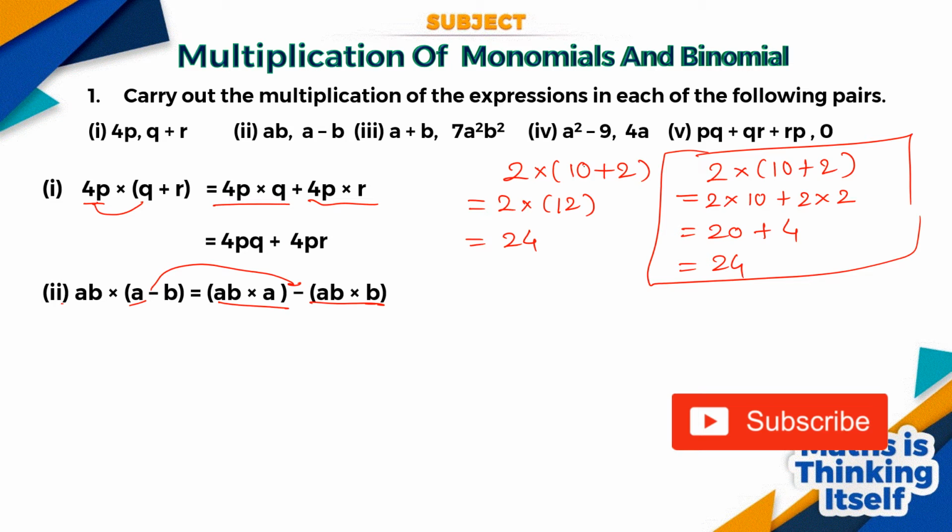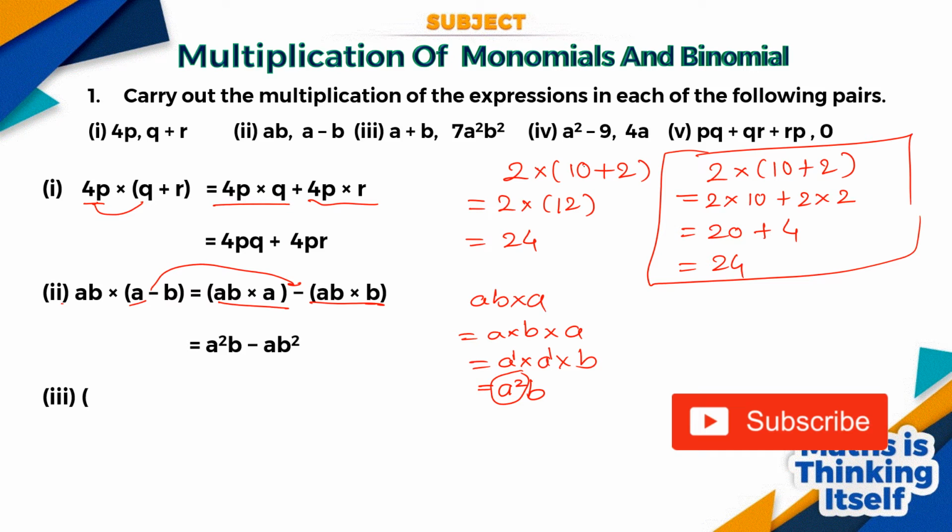If there is no numerical coefficient, that means there is 1. So 1 into 1, you get the answer 1, so avoid that multiplication, and you know that. So ab into a means you can write a into b multiplied by a, then a into b, and a into a means a raised to the power 2 b. How do we know that? If there is no written power, that means 1 is the power, and the bases are the same, then the powers should be added. So you get a raised to the power 2. So your answer is a raised to the power 2 b minus a b square, or a b raised to the power 2.